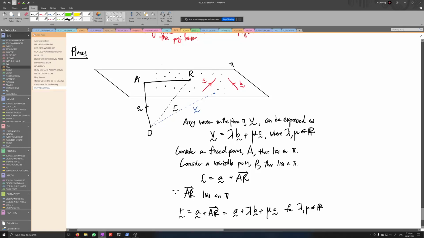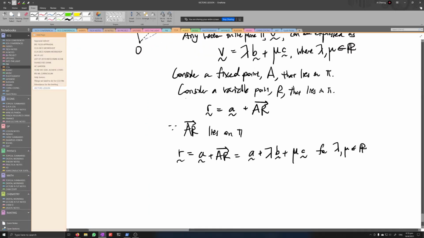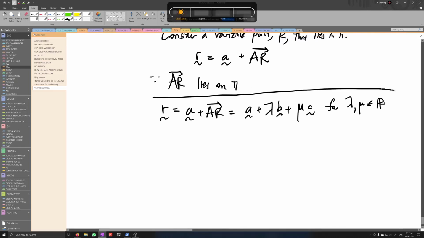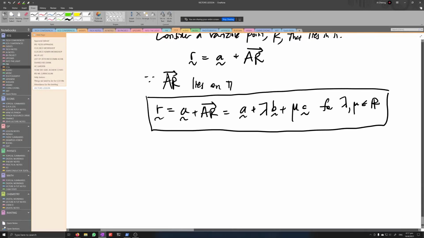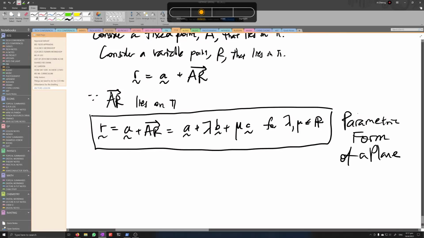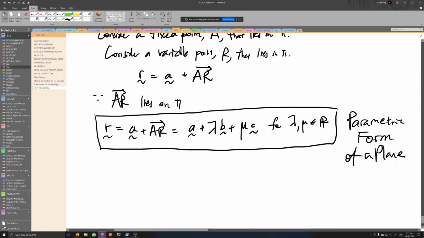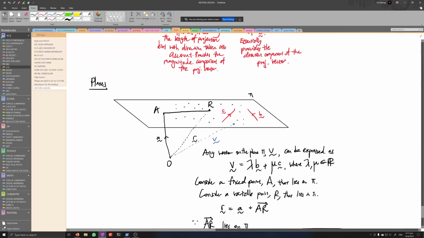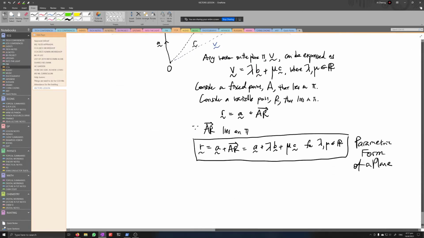Okay. So this is what they call the parametric form of a plane. Why parametric? Because parameter. Here, you have these two parameters that you can vary to give you different points on the plane. That's why they call it parametric form. An alternative way in expressing the plane pi